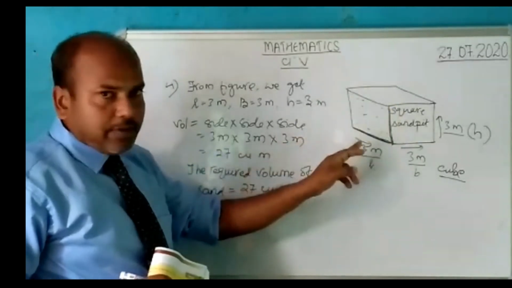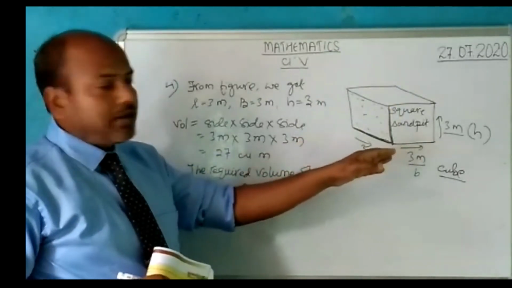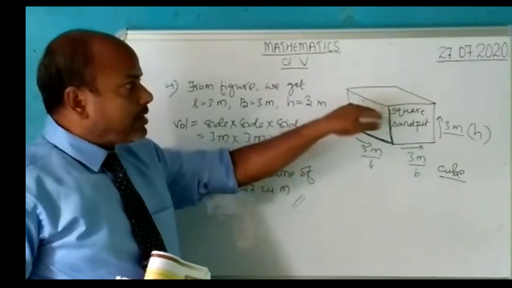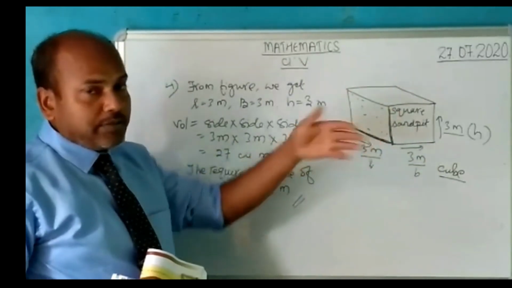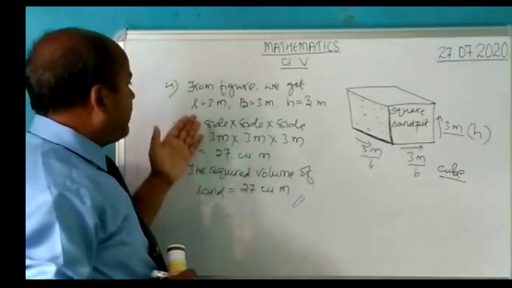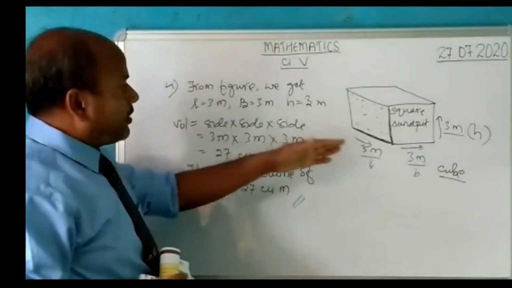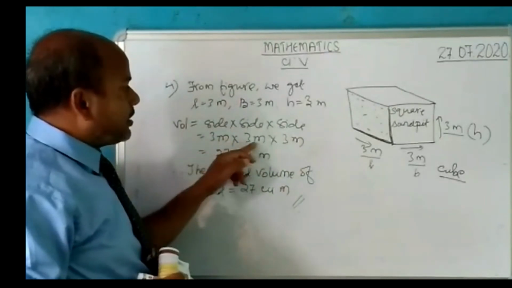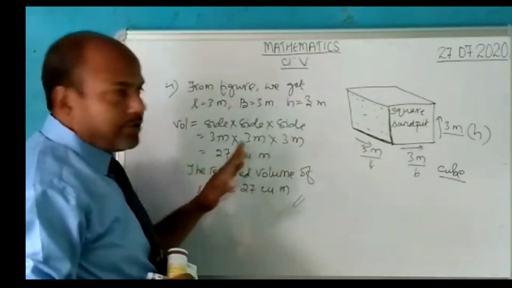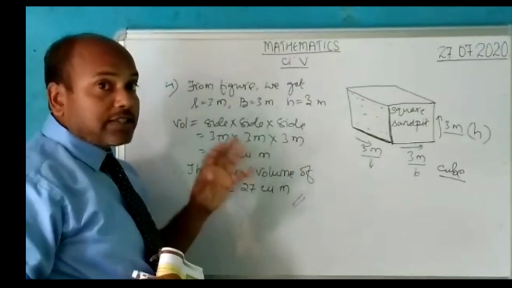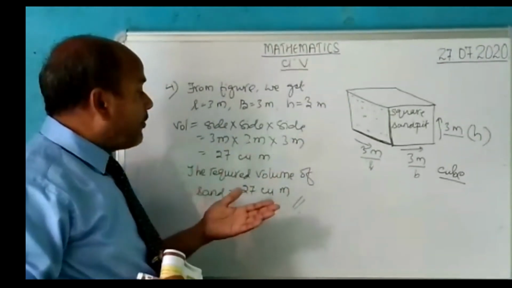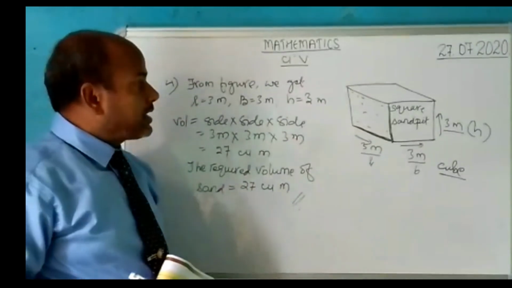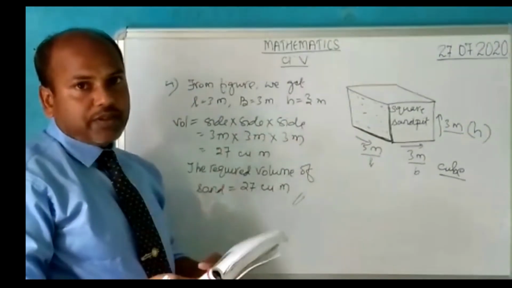So it's very simple. Square sand pit is given, length, breadth is given, length and height is given. So breadth is also same because it is square. How much sand can be put in? That means you have to calculate the volume. So volume for the cube is side into side into side. Multiply 3 centimeter, 3 centimeter, 3 centimeter. You get 27 cubic centimeter. So that means sand of volume 27 cubic centimeter can be put into the square sand pit. This is number 4. So understood this.